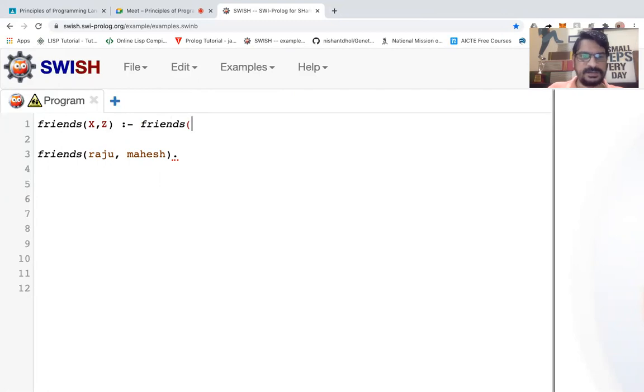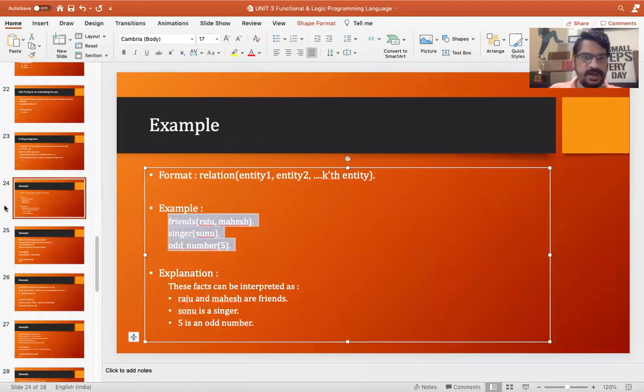I'll write here that x is a friend of y, and how can we write the AND operation?